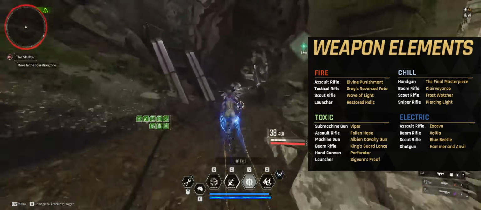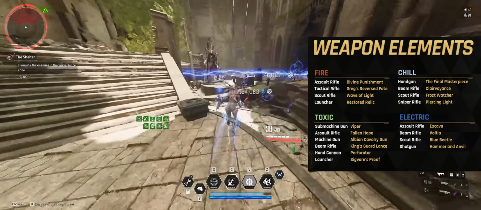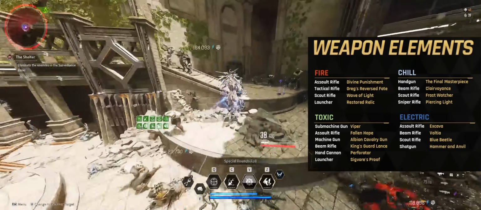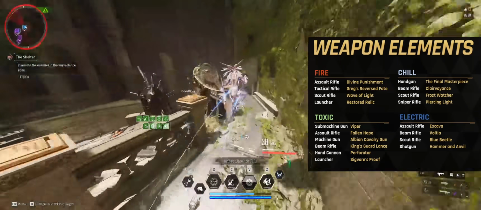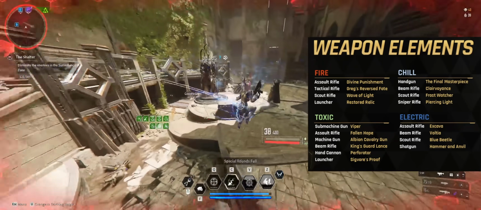For assault rifles, Divine Punishment is going to be fire. I'll go down the list for fire: Greg's Reverse Fate, Wave of Light, and Restored Relic. Those are all going to be fire. The Launcher, Restored Relic, and the Scout Rifle Wave of Light. Chill weapons are going to be the Handgun Final Masterpiece, the Beam Rifle Clairvoyance, the Scout Rifle Frostwatcher, and the Sniper